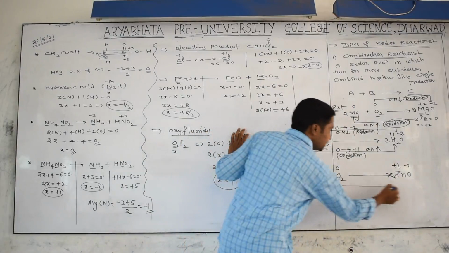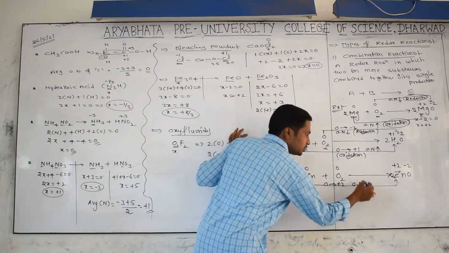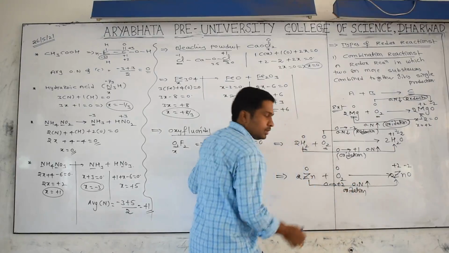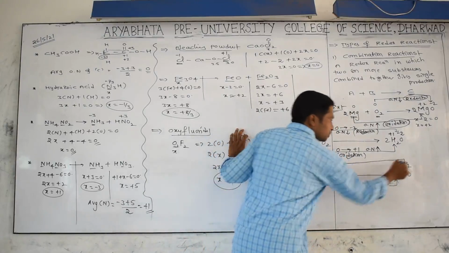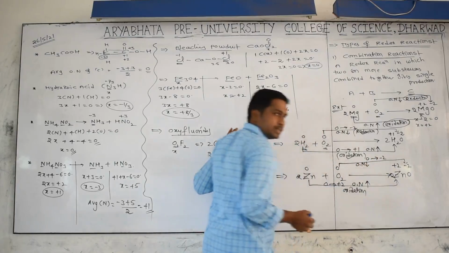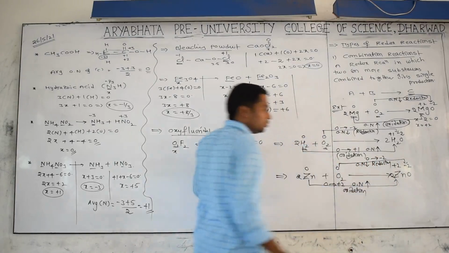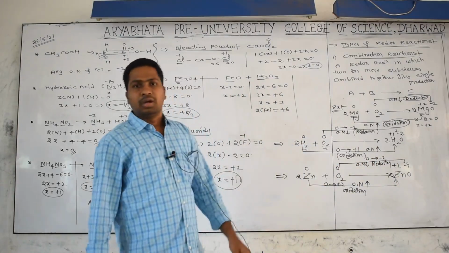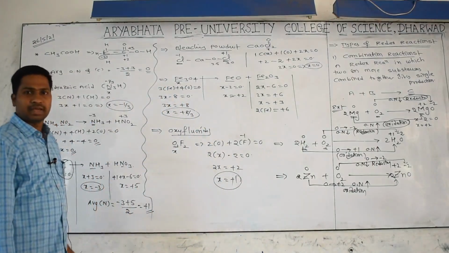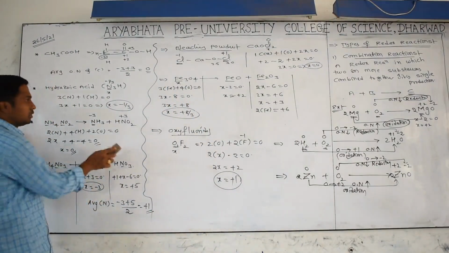Now the oxidation number of zinc changes from 0 to +2. 0 to +2 means the oxidation number is increasing, called oxidation. Oxygen goes from 0 to -2. What is happening with 0 to -2? The oxidation number is decreasing, which is called reduction. So both oxidation and reduction are happening, and two chemicals combined together give a single product. The phenomenon is called a combination reaction under redox reactions. Did all of you understand? Yes.